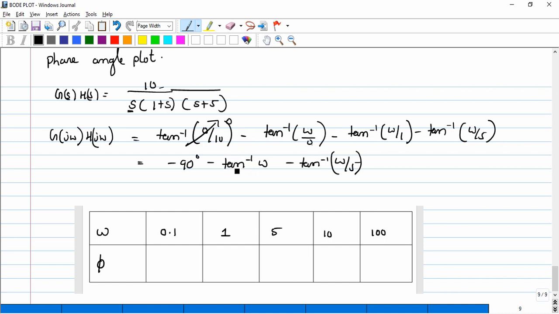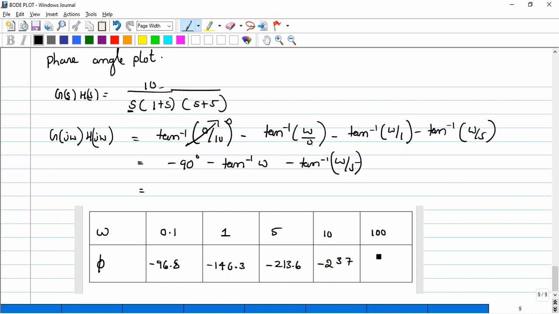You need to check what is tan inverse of 0.1 and what is tan inverse of 0.1 by 5. When you substitute 0.1, you will get a particular angle. So the final angle I will write is minus 96.8. Followed with, if you substitute 1 here, tan inverse of 1, you will get an angle. So the particular angle will be minus 146.3, and if you substitute 5, you will get minus 213.6, and if you substitute 10, you will get minus